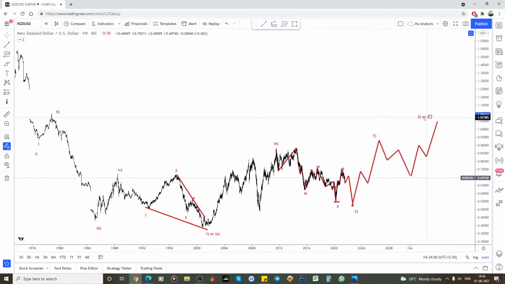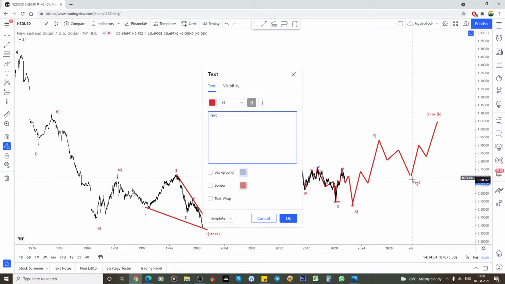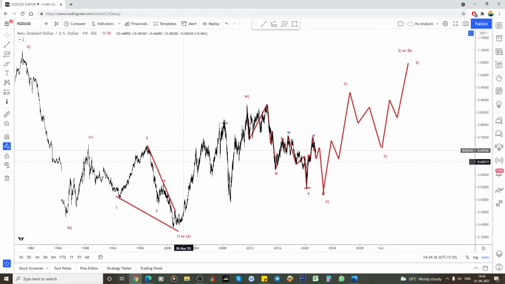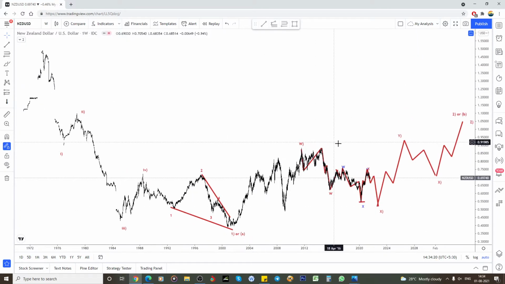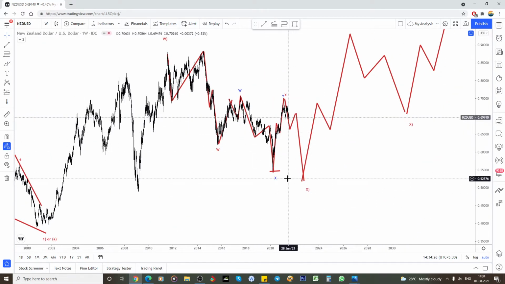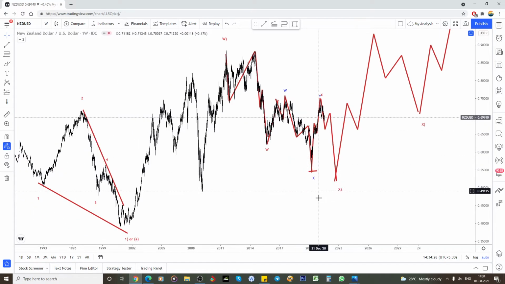So this will become here, and this is the X, and this is the Z. So the whole thing becomes a 5-wave corrective structure. This is the analysis I'm looking for, on the weekly. So I'm still expecting the downtrend.